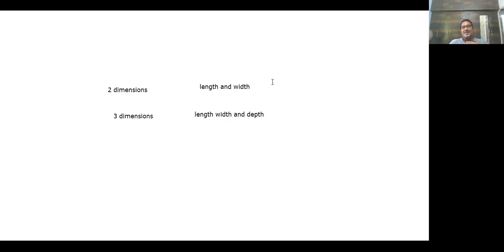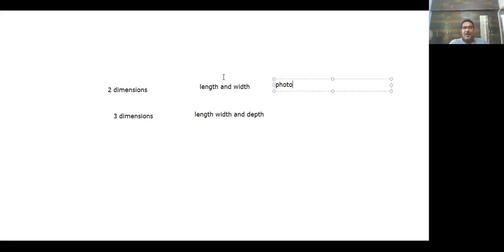Okay, what is the best example for 2D, two dimensions? A photograph or X-ray film, whatever we are talking about. That will be the best example. What is the best example for three dimensions? You yourself are three dimensional. If I take your photograph and take a printout, that is two dimensions. But if you are in front of me, what can I say? Three dimensions. Okay. So there is a difference between three dimensions and two dimensions.